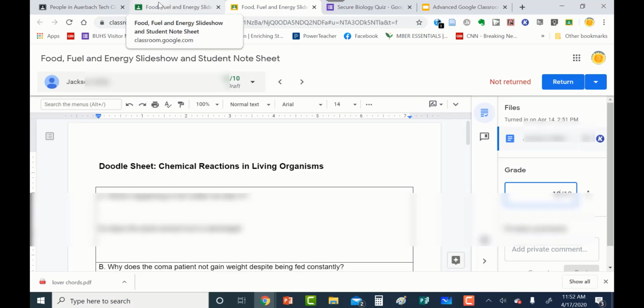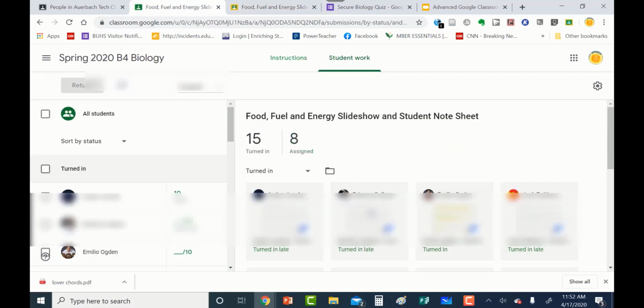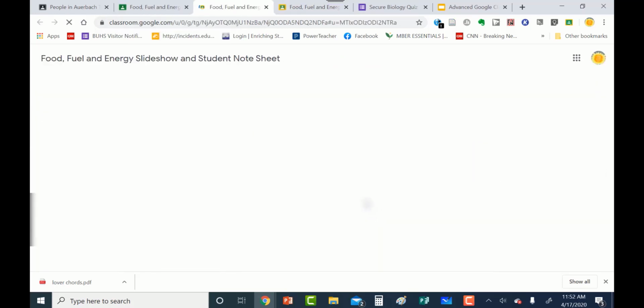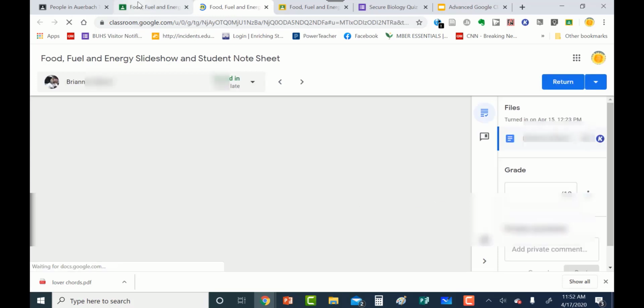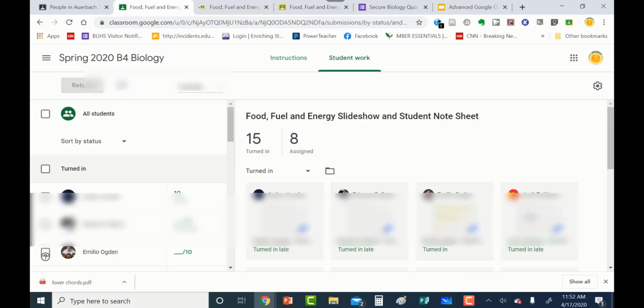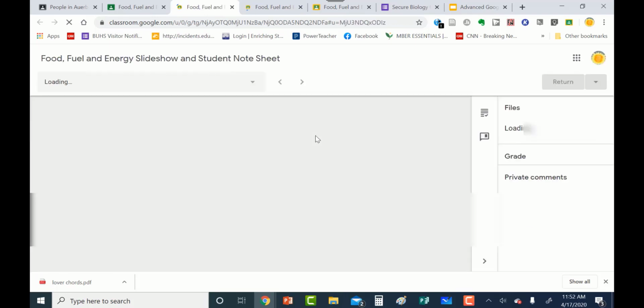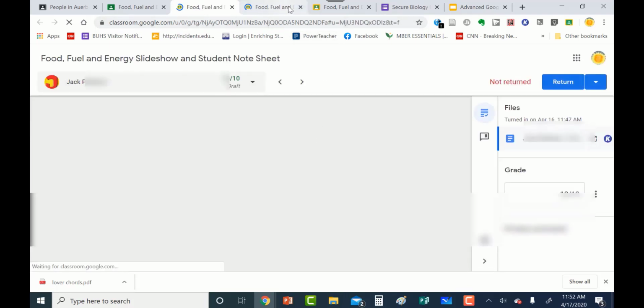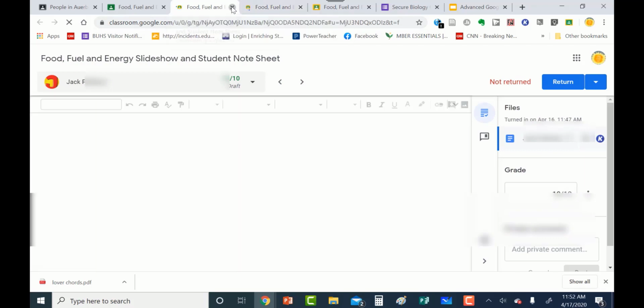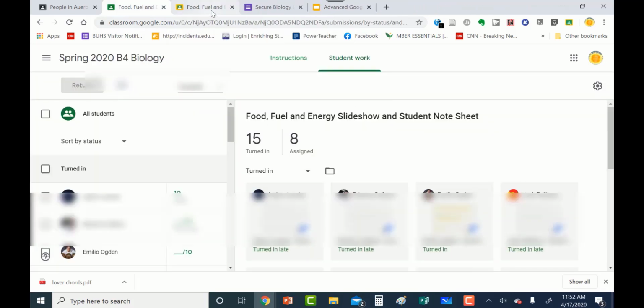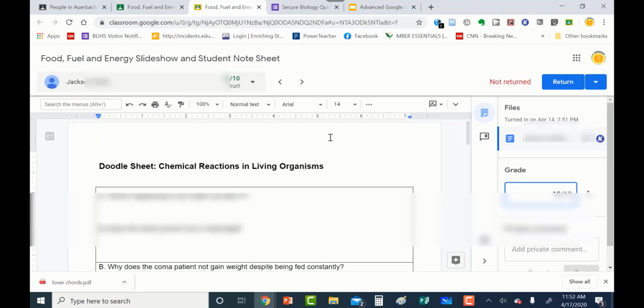Now I have to go back to this original tab and pick another student's work. And then I grade that, and then I pick another student's work and I grade that, and that's a lot of back and forth with your mouse and a little bit of a pain. So I want to show you a better way to do that, and that is just on this original kid. Once you're done with their grade, you'll see up here there's back and forth arrows,